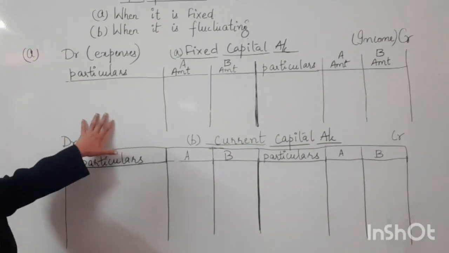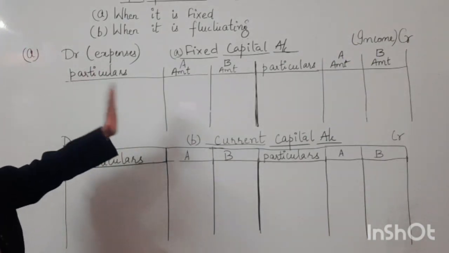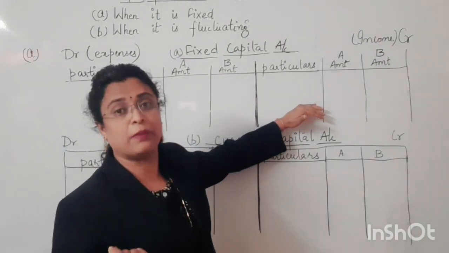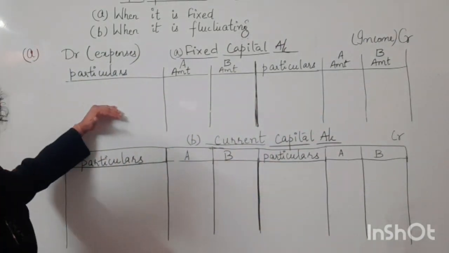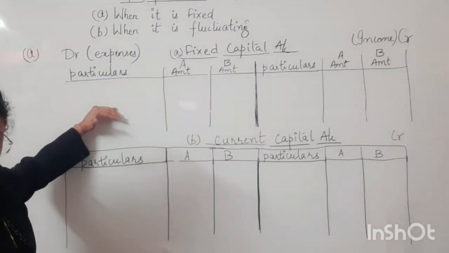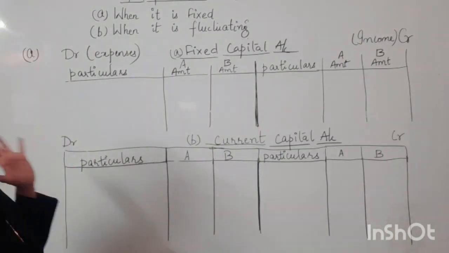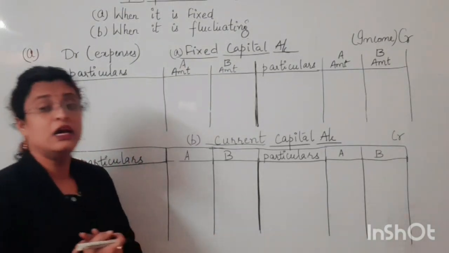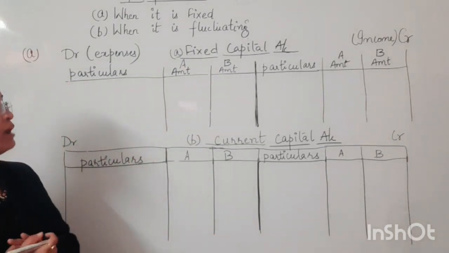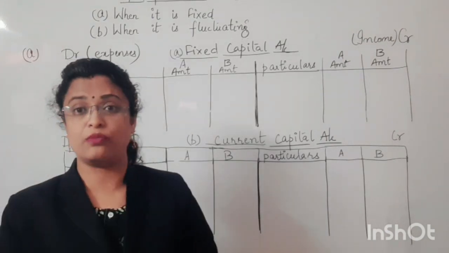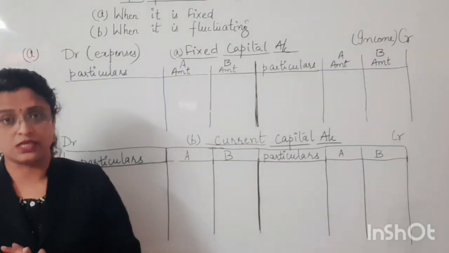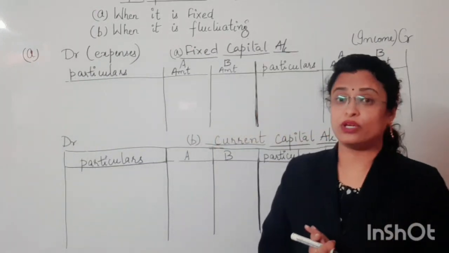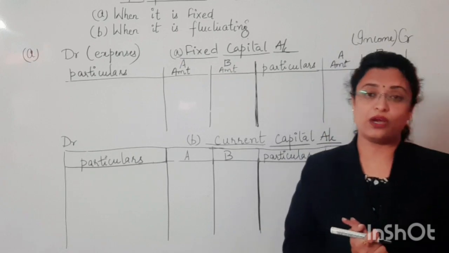Okay, now based upon this logic, that the credit side is meant for income, generally for the partners, and the debit side is meant for the expenses from the partner's point of view, let us transfer some items relating to this. We have seen that we will be making up the fixed capital account with those items which are not subject to frequent changes. One such item is the capital introduced by the partners in the beginning of the business.